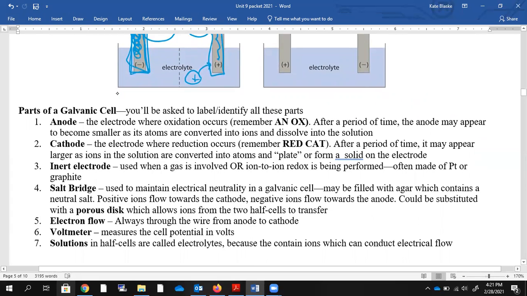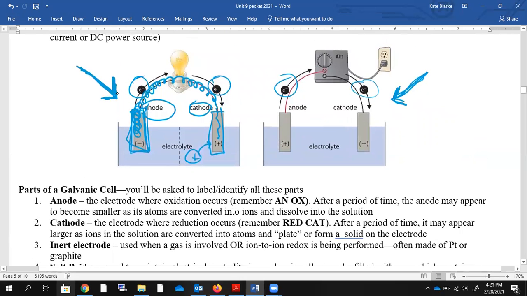Oftentimes we will put something called a voltmeter or sometimes an ammeter onto this wire to measure the flow of electricity through that wire. So we could put a voltmeter here and it would tell us how many volts of electricity are flowing through the wire. We can put an ammeter here, which would tell us about the current, which tells us how fast those electrons are flowing. Or we could power something by placing it in this pathway of the wire. I could put a light bulb, I could put a fan, I could put whatever I need to power into that system there. For an electrolytic cell,